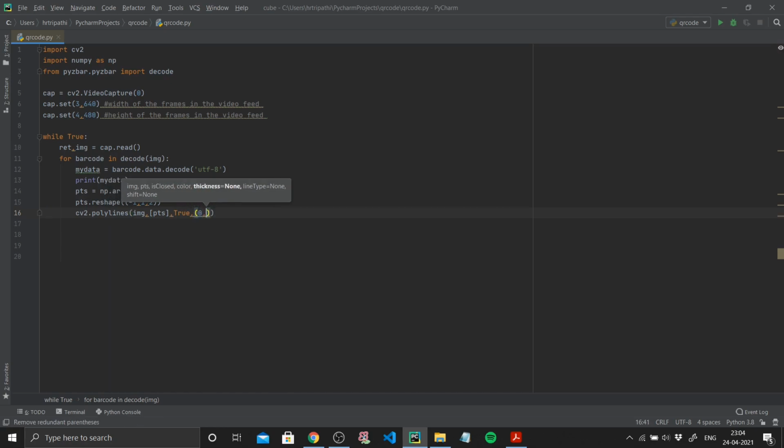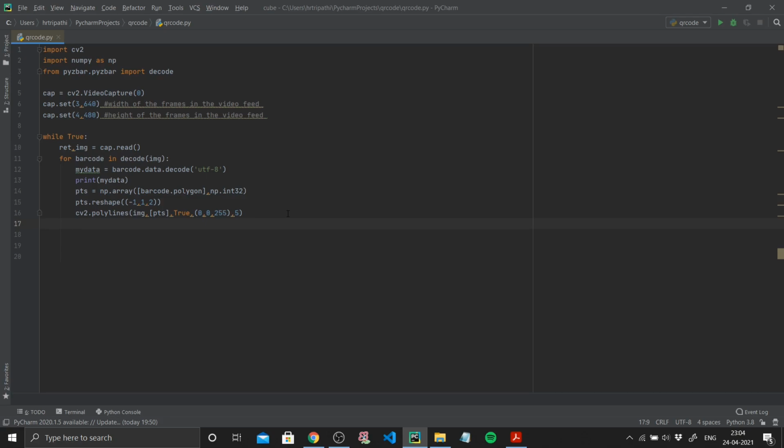So this is 0, 0, 255. You can choose any color you want. If you have no idea how I define color in the form of 3 comma separated values, check out the digital image basics video, in which I discuss how we define colors in terms of pixels digitally. I'll insert the I tag above, so you'll have better clarity after watching that video. Okay, and my thickness is 5 here.